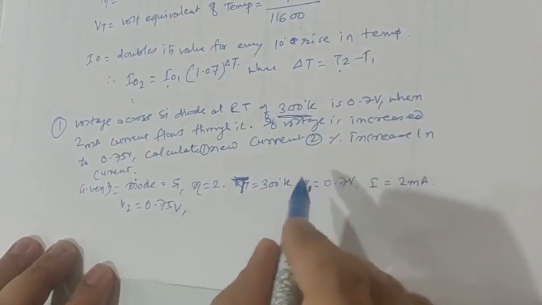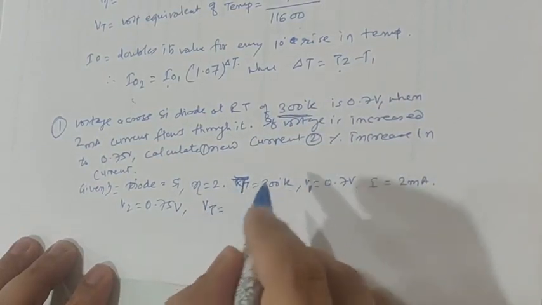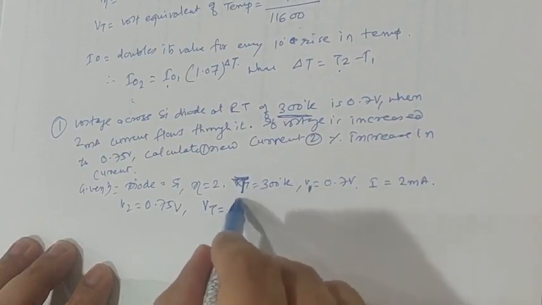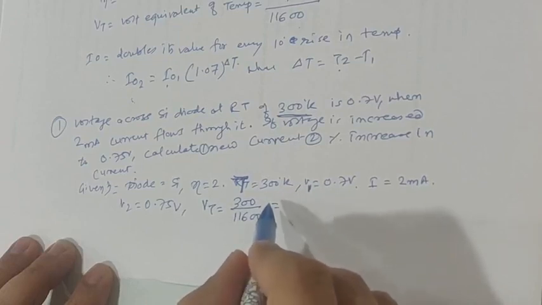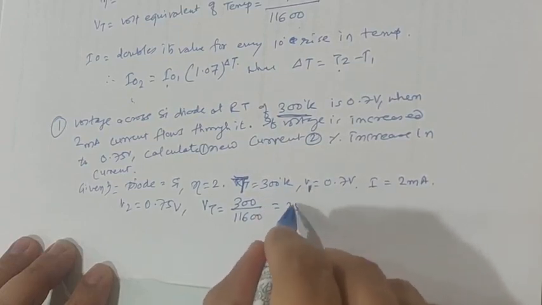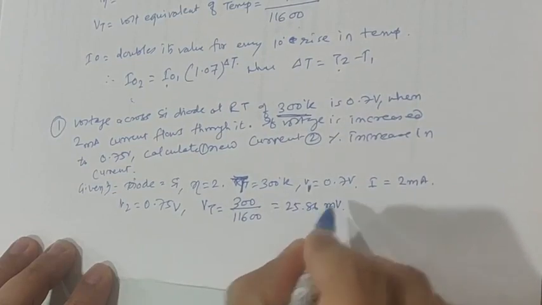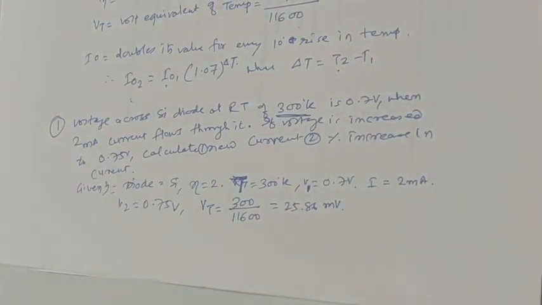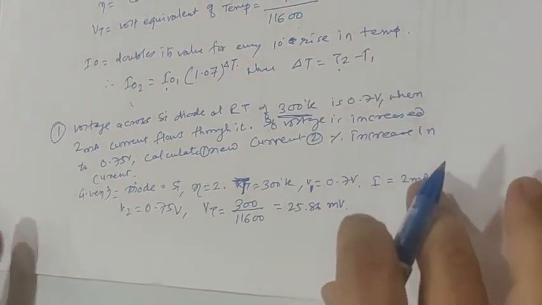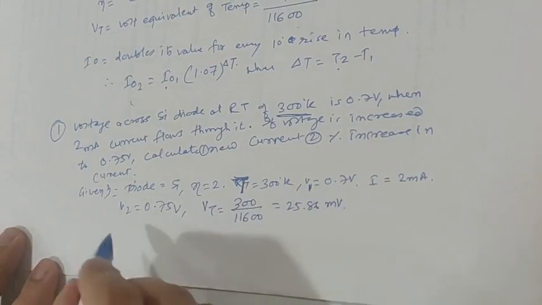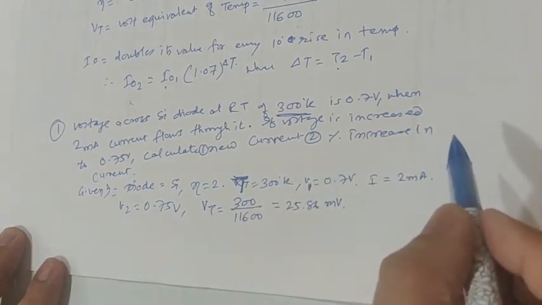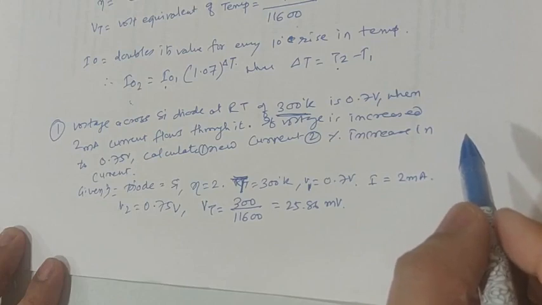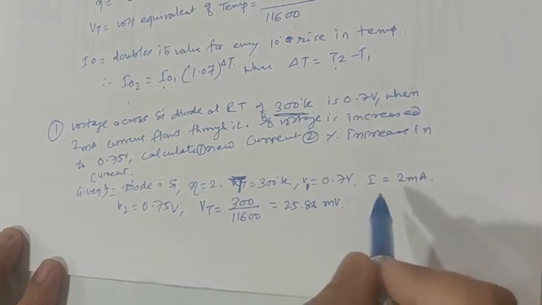So of course we need to take the temperature to be 300 degree Kelvin itself. Before starting the numerical, let me calculate VT. VT is the volt equivalent of temperature. So 300 degree divided by 11600, and that will give me the value 25.86 millivolt. It is the volt equivalent of temperature at 300 degree Kelvin. Now let me calculate the current. For calculating the current, I will be in need of the value called I0, because I0 is missing, right? So let us calculate I0 first.